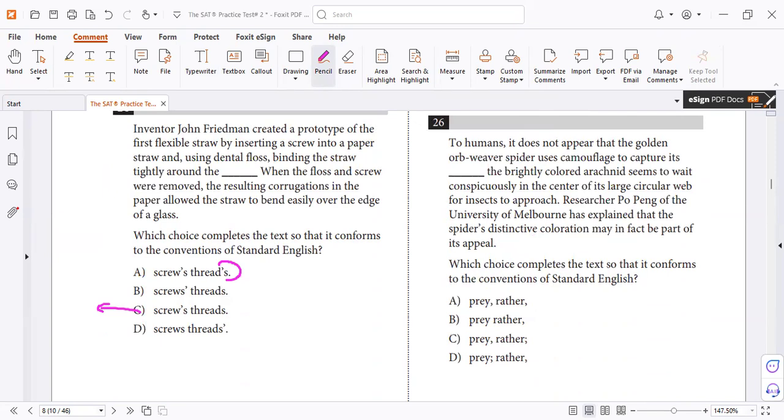Number 26. Sir, 26, I chose C. I think you need to read again. Remember last time the position of the transition words. Now find the sentences. Look at me. This is number one, the first sentence, yes or no. This is the second, yes or no. The transition words at the beginning of the second, so you need a full stop or semicolon before and a comma after, like that.